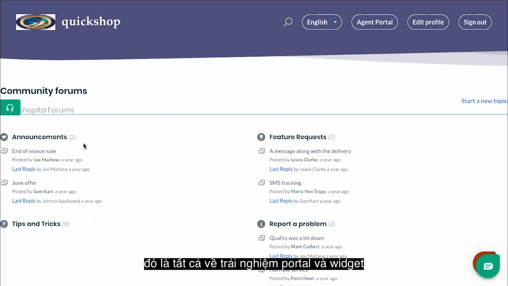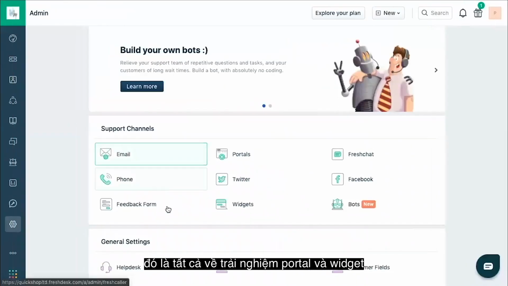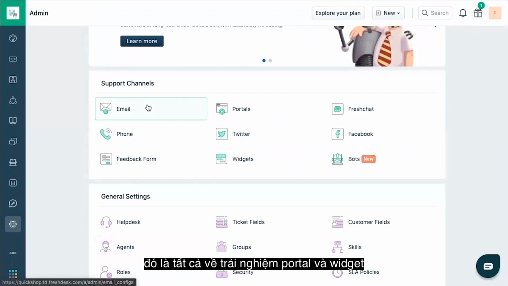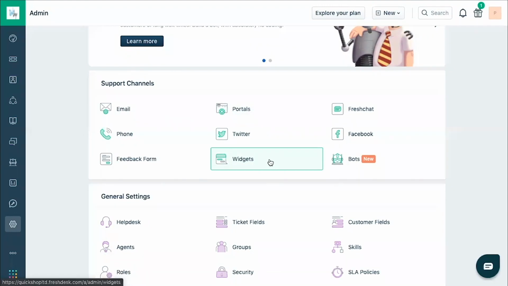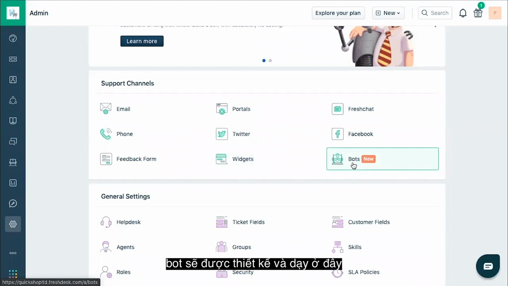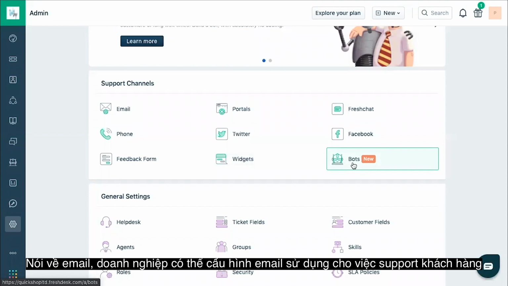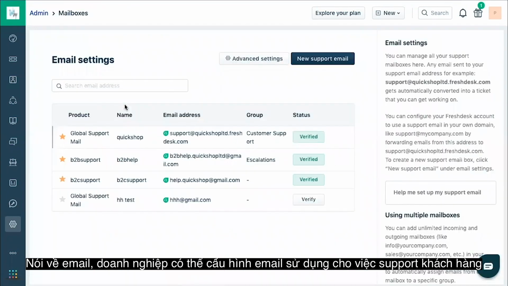So that's about the portal experience. So far we have seen about portal and the widgets. Apart from these, we have also seen the bot capability and how it can be designed and trained here. Talking about the traditional route, which is the email channel, you will be able to configure your company's support email